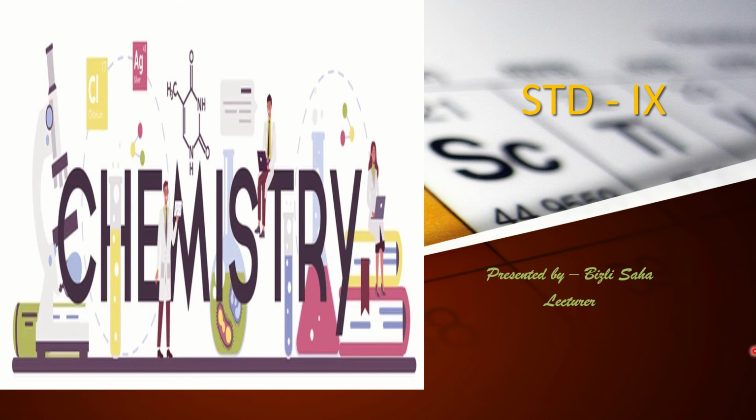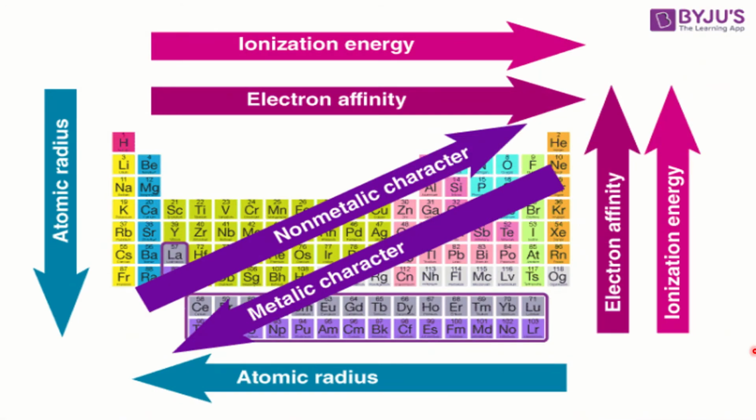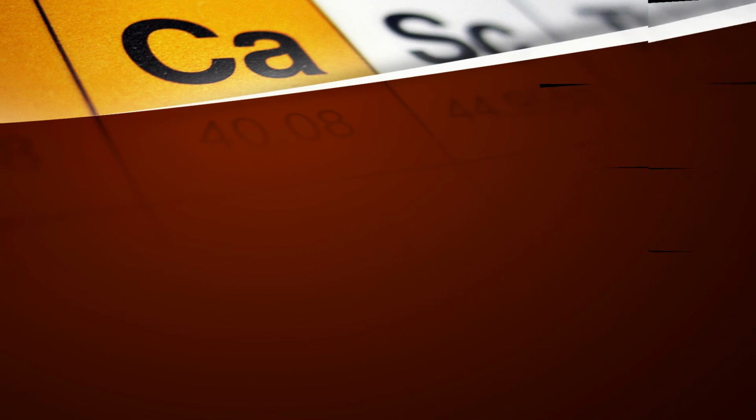We are talking about Chapter 4, Periodic Table. Dear students, last class we had learnt 4 periodic properties, where we had learnt the periodic change of the properties: melting point, boiling point, metallic property, non-metallic property, and atomic radius. Today, in this class, we will learn 3 properties: ionization energy, electron affinity, and electronegativity. All the properties are known to you. So, at first, we have to know about the properties.